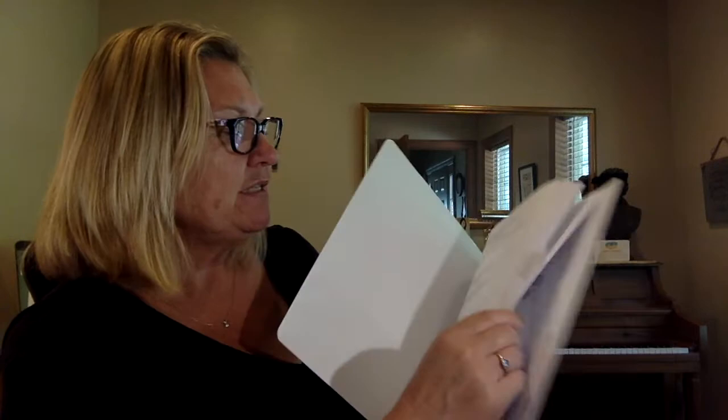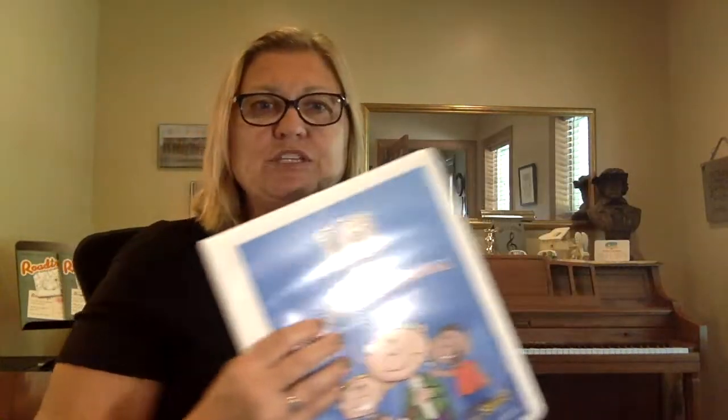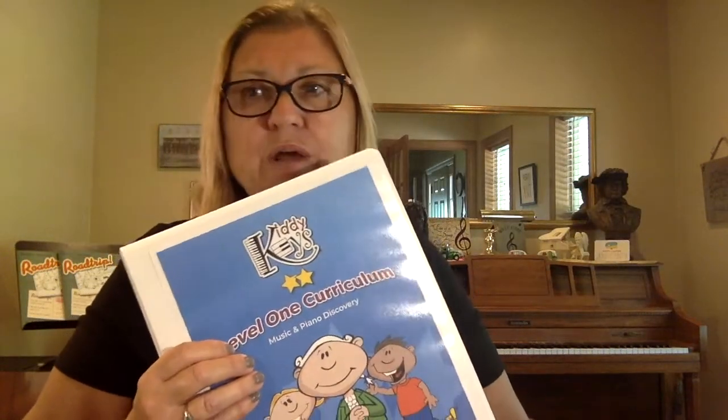Again, there's 30 lessons in here, and these marry so nicely to Road Trip Outdoor Adventure to really craft a tailored lesson plan so you can confidently take a 3-year-old, 3.5-year-old, 4-year-old. They could start at any point when they're ready and when the parent is ready. Whether you have parental involvement or not, you can send home the worksheets and say, please complete this at home as part of this. This is what we did in the song and what they're learning with that. So those are all really terrific tools